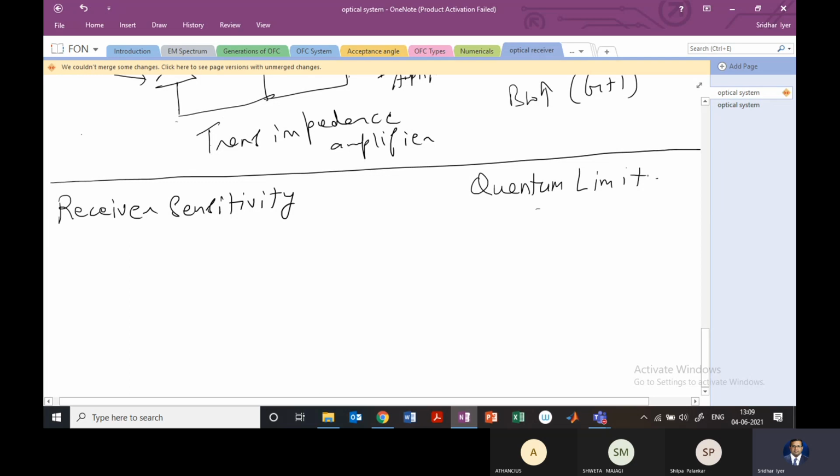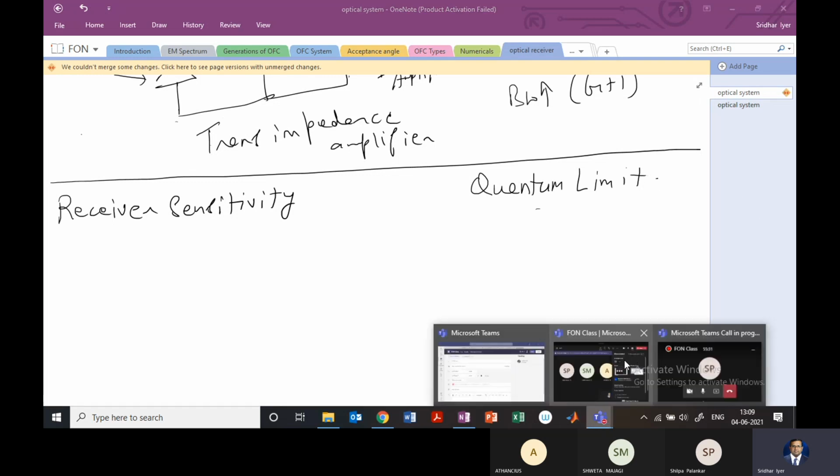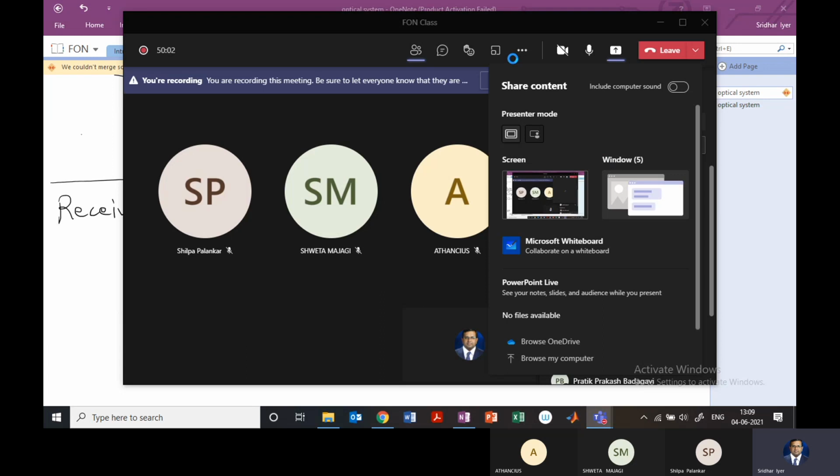It is also related to the minimum received power, and we'll look at the equations of that. And then finally, we have a concept of eye diagrams, which will help us in understanding what the signal to noise ratio of the system is. Okay. So I'll pick up these concepts in the next lecture. So probably one more lecture is required to finish this.